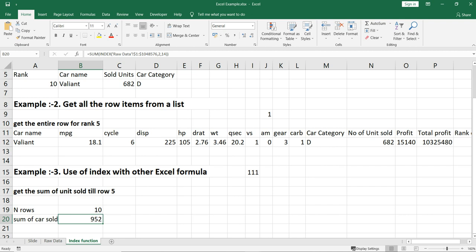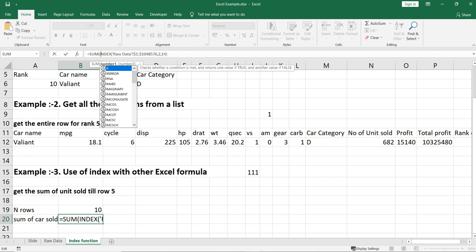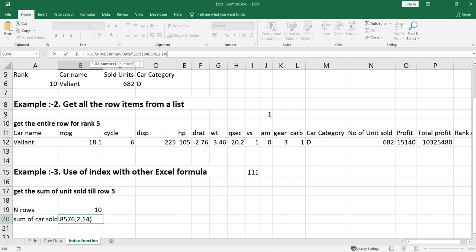So again we'll copy this entire index function, and we'll put this index function again, and instead of keeping this row number 2, we can make it dynamic based on our selection of rows, which is here 10.